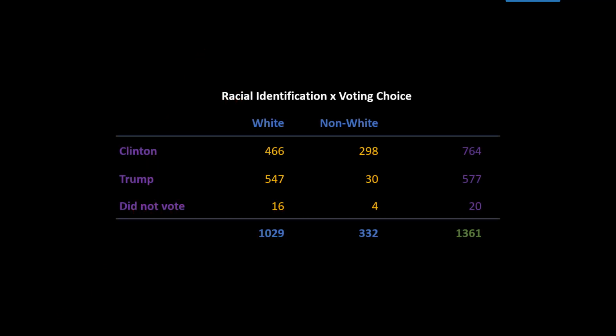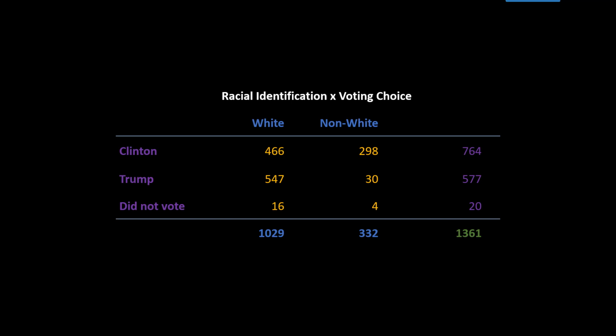This data here is from the 2018 General Social Survey. We're focused on two questions in the survey. One asked respondents who they voted for in the presidential election of 2016, and the other asked people their race. I removed people who voted for third-party candidates and combined several of the racial categories in order to make the table easier to read. Just remember that the numbers in each cell represent a simple count of the people who